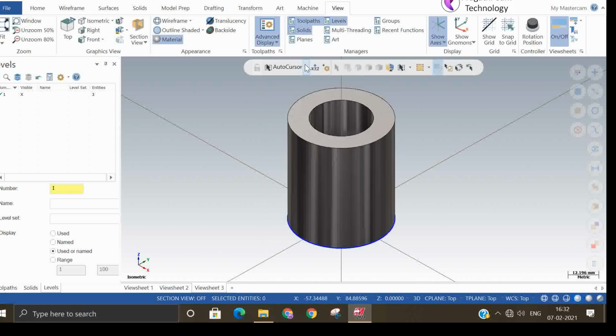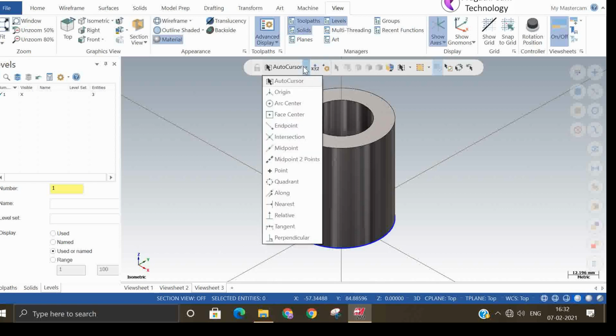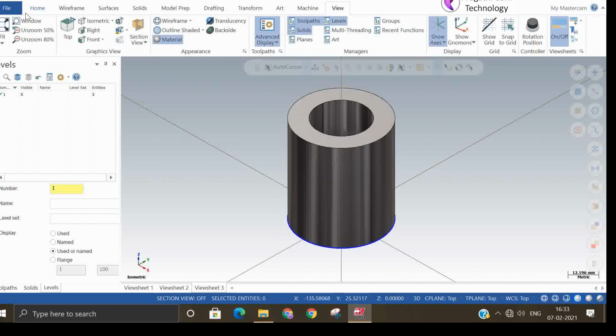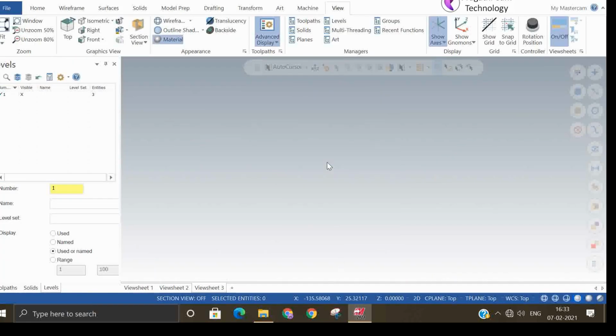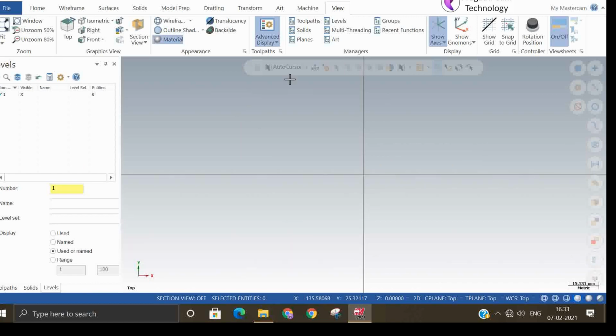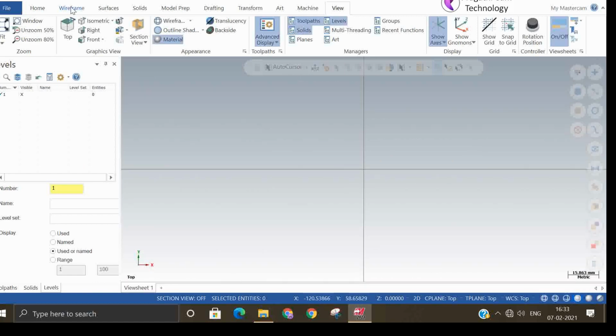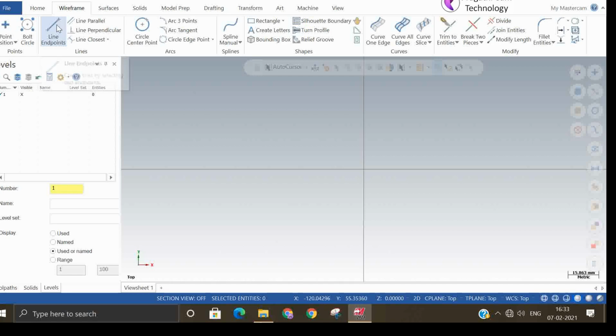So now we'll see the auto cursor option. You can make auto cursor settings. So I will make a new file. Suppose I have a line.